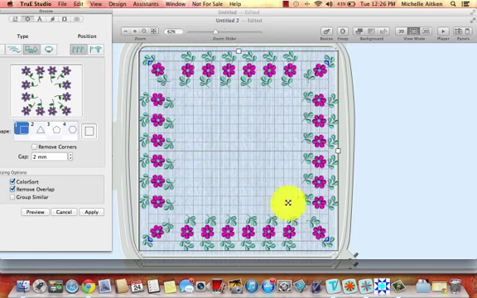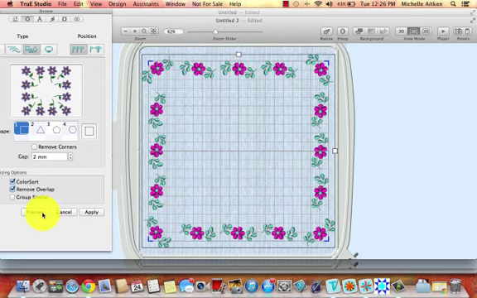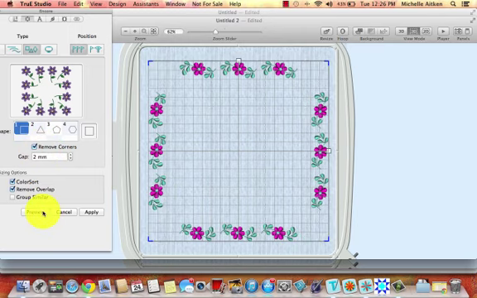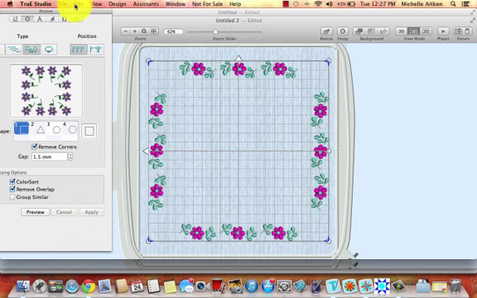You can see that we can preview our border, and we can cancel it if it is not as we wish it to be. Changing the direction of the design will change what kind of border we get. When you're happy with the design, you can apply the design. We can copy that